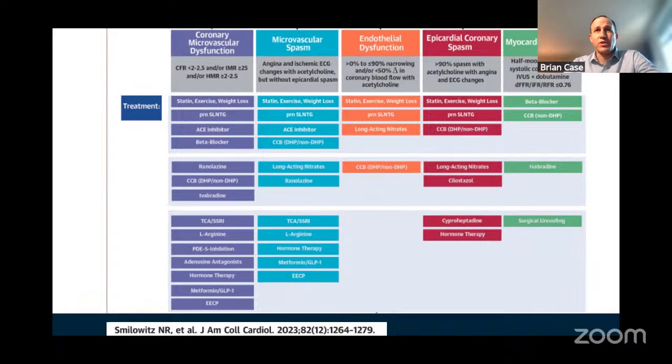Sometimes if I'm really struggling with a patient and we can't get them on a good therapy, I'll even show them this paper and show them this picture and say, hey, this is what we've tried so far. Now we're going to move on to this other pharmacology therapy and see if this has any impact for you as well. So this is a very useful tool to have in your center and also to share with your